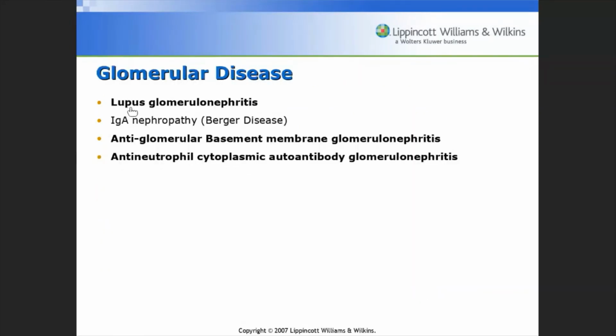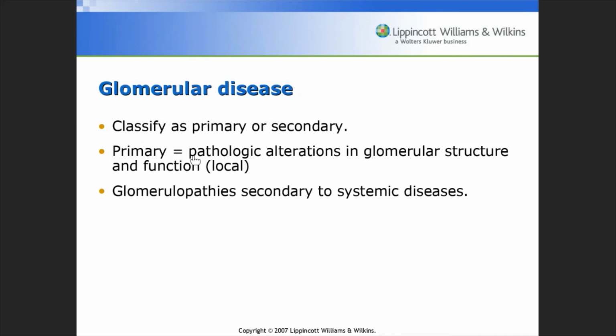And some of them are lupus or post-strep, Berger's disease. This is associated with immunoglobulin A, which accumulates in the kidney. Okay, and then some of them may be associated with anti-neutrophil cytoplasmic autoantibody glomerulonephritis. What does all that mean? Okay. Which really means is,